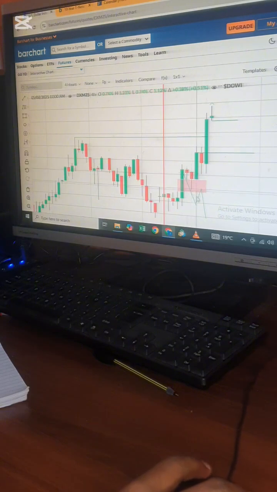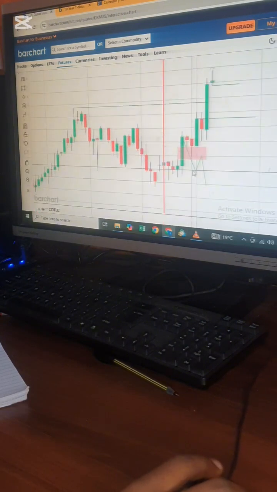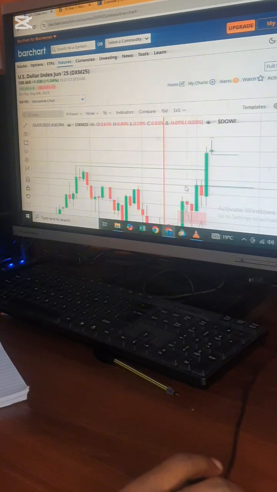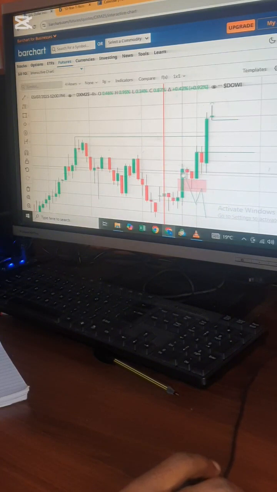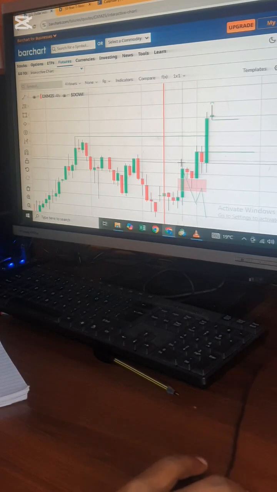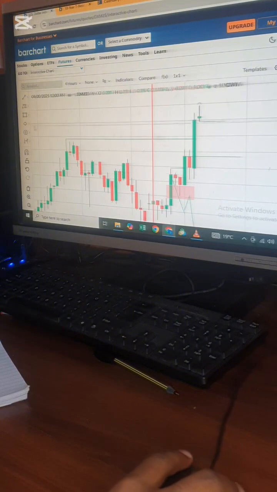Let's move on. This one was filled, then after it was filled, the price went up. After filling the places, it went up. So it went up, creating the bullish order block, and price returned to the bullish order block once more,